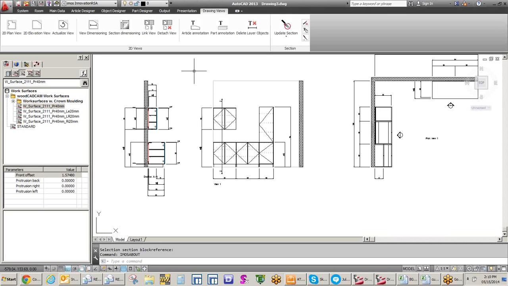The next area that's really new is the article and part annotation. If I wanted to annotate an article, I could select, for example, an article, and you would see on the command line that there are a number of things you can select from: name of element group, construction, comments 1, 2, information block, hierarchy, position. We're probably going to have to play with some of these, but for example, if I put a 1 in this and then hit enter,